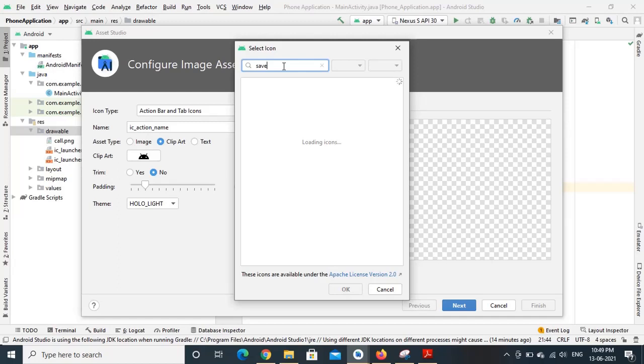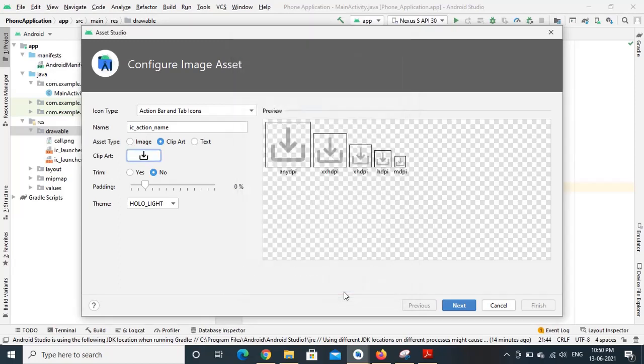It may take some time to load all the icons. These are the three options I have got for save option. I will be selecting the third option. Click OK. These are the different sizes which are given by the image asset tool. You can also change the padding, and you can also change the theme. I will select the color, custom theme,